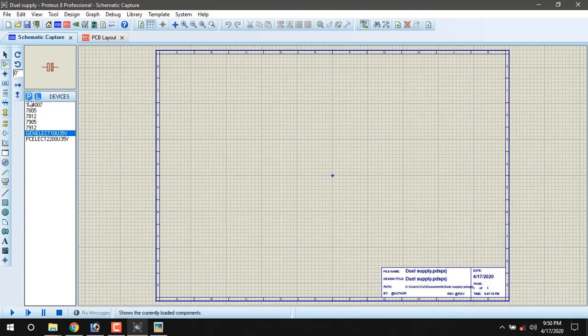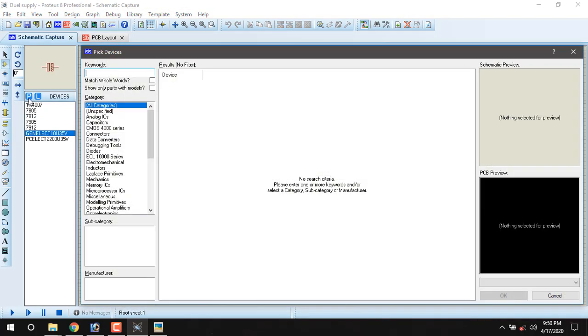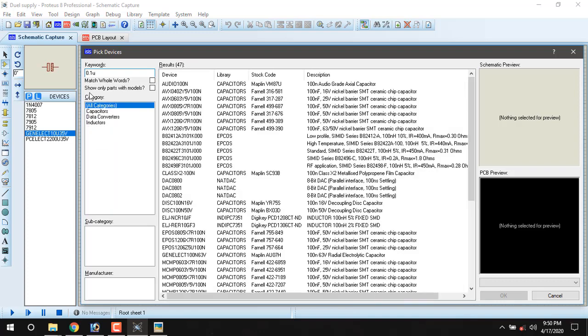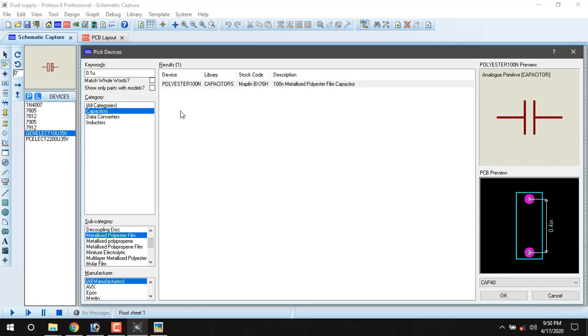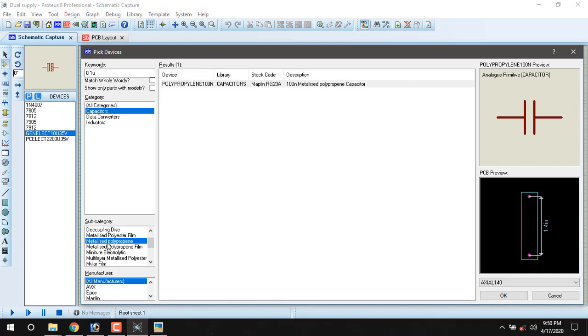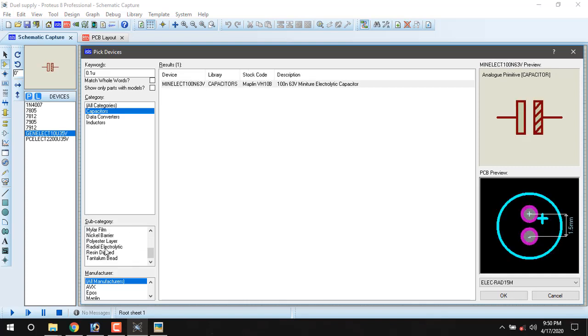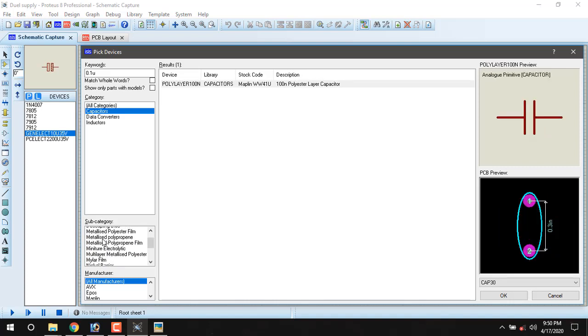Then two 0.1 microfarad capacitors. We are using ceramic or polyester ones.